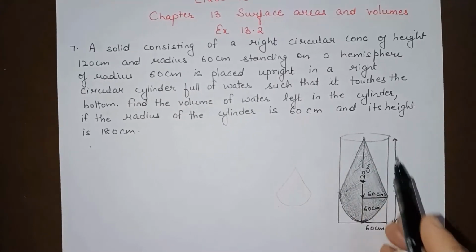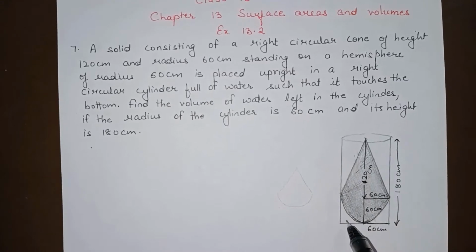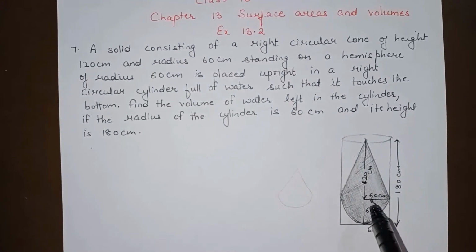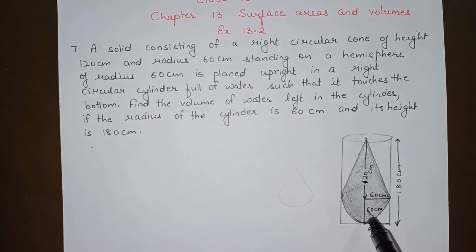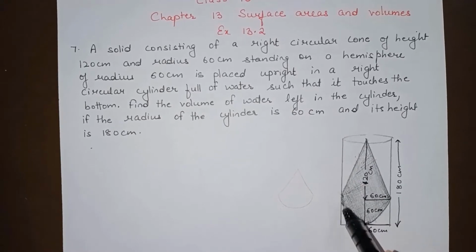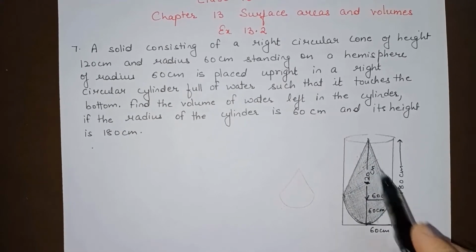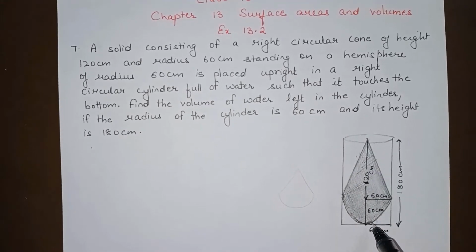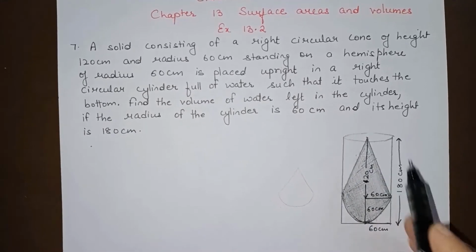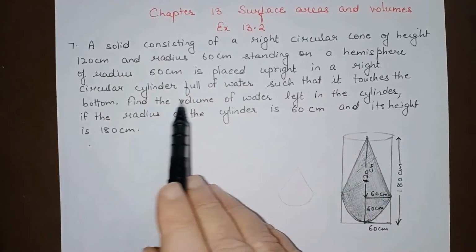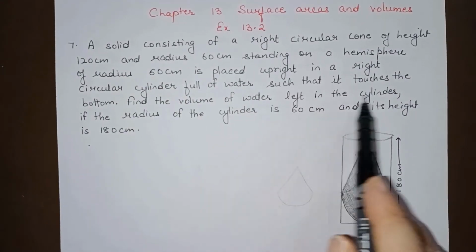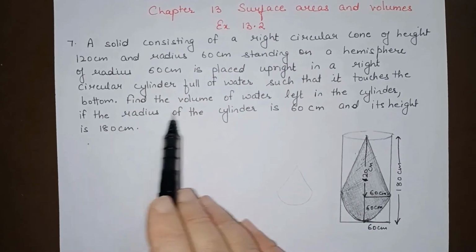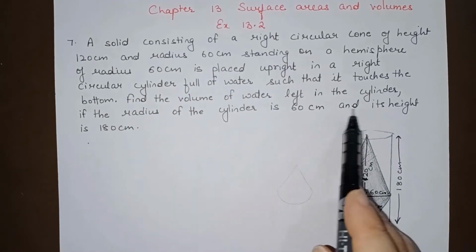Now see, this is a cylinder which is full of water and we have placed a solid which consists of a hemisphere and a cone. So this solid we have put inside this cylinder which is full of water. Find the volume of water left in the cylinder if the radius of the cylinder is 60 cm and its height